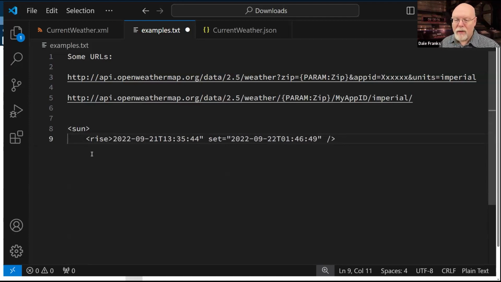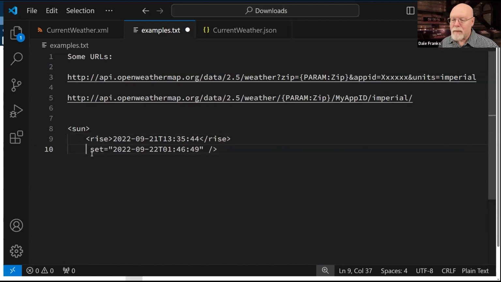And then we'll do that for our time. And we'll need a closing bracket here, also called rise. And then I could do the same thing for my set node. So I can have my sunrise and my sunset.